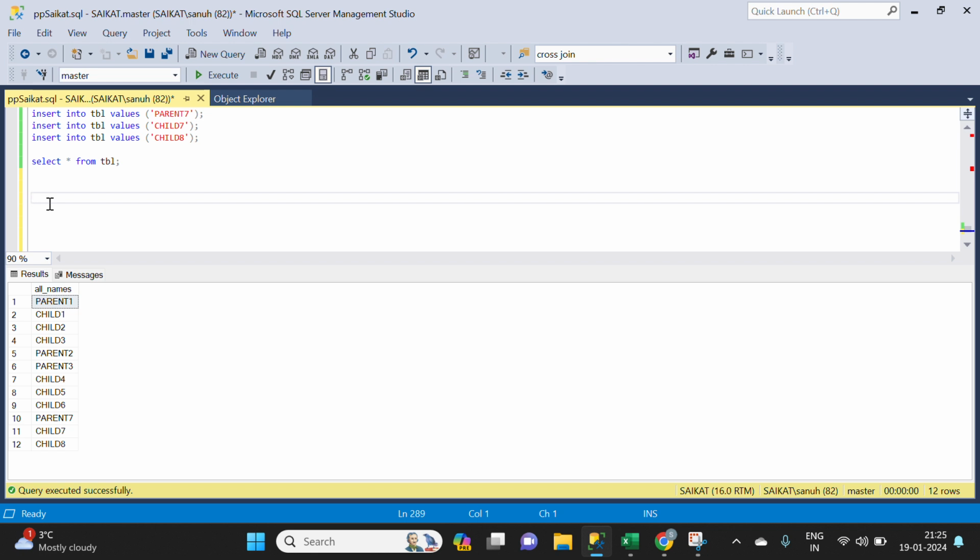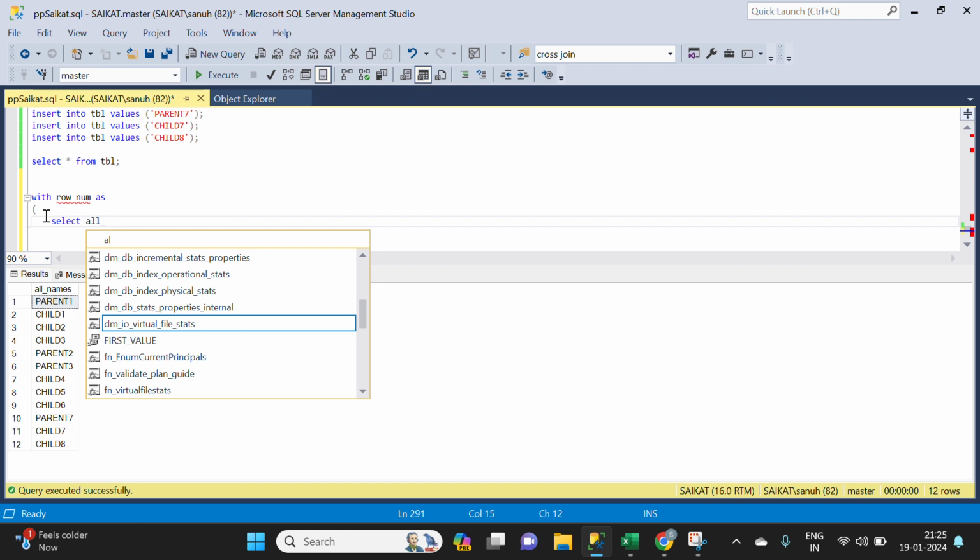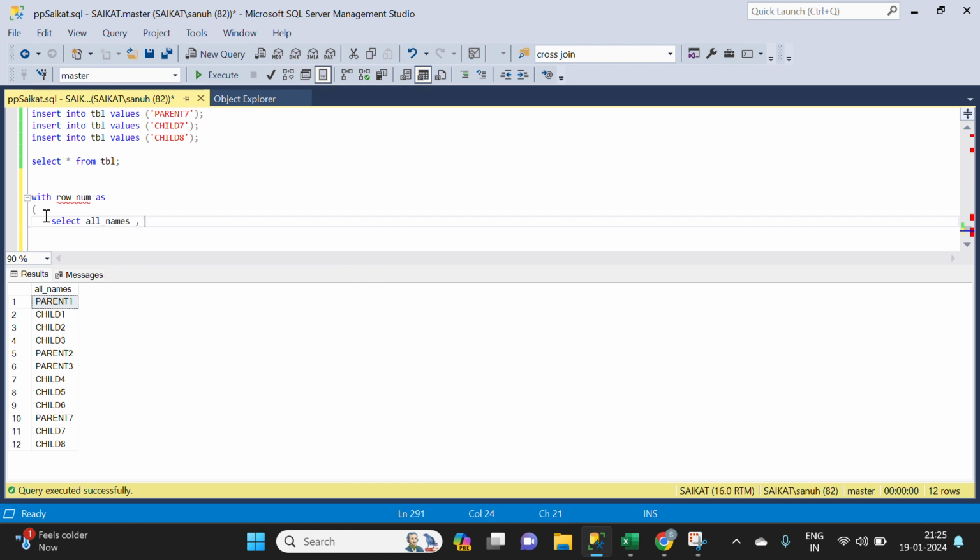I'm going to put that into a CTE because I'm going to use it multiple times. So I'm creating a CTE called row num as, and I'm creating the row number as it is. Select all names, comma, row number over order by,